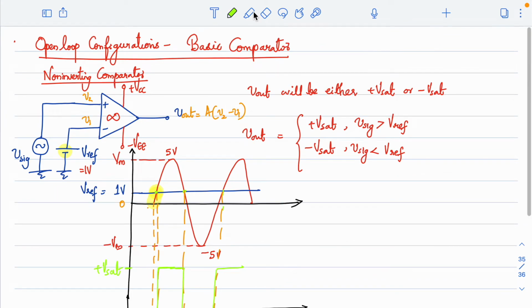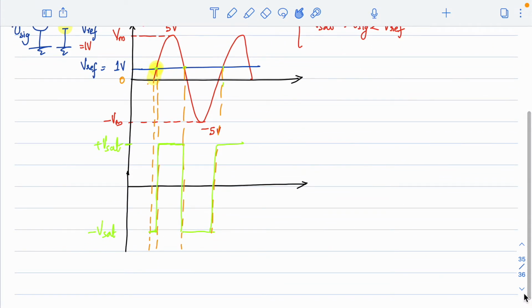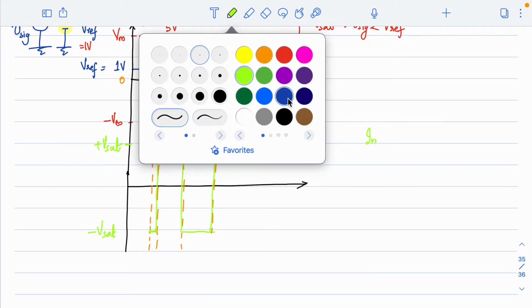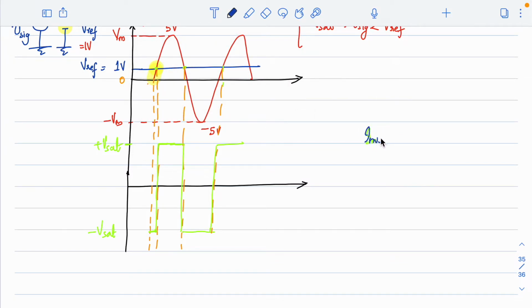This comparator works based on one thing: your output will be gain times the difference voltage. If the difference voltage is positive, it will go to plus Vsat. If the difference voltage is negative, it will go to minus Vsat. On the basis of that, we say that this is a non-inverting comparator or an inverting comparator. If this is a non-inverting comparator, and you want an inverting comparator, we can easily draw an inverting comparator